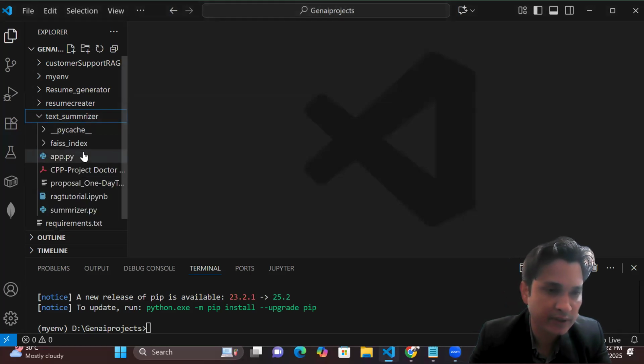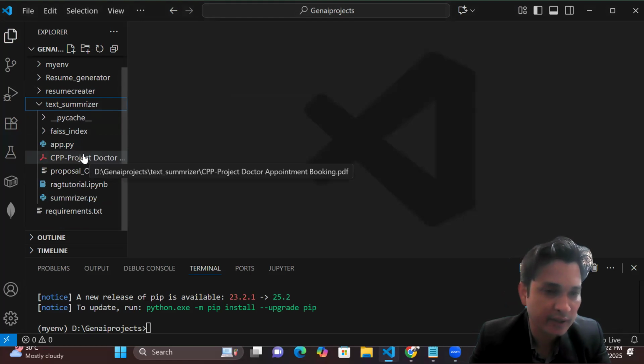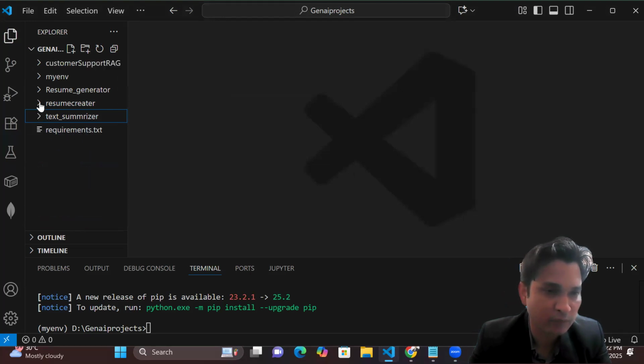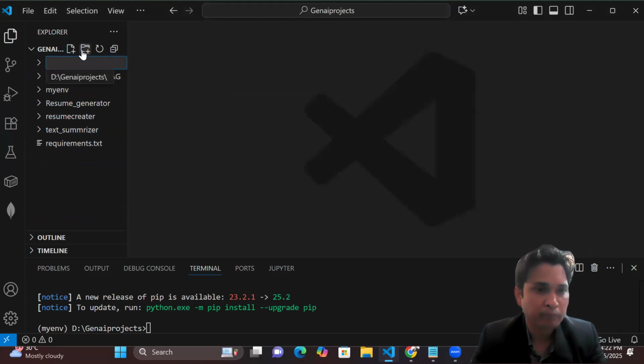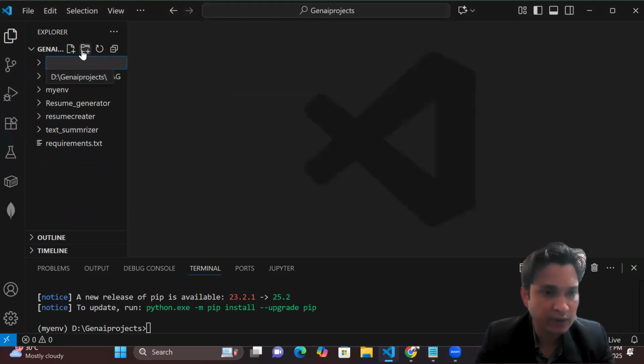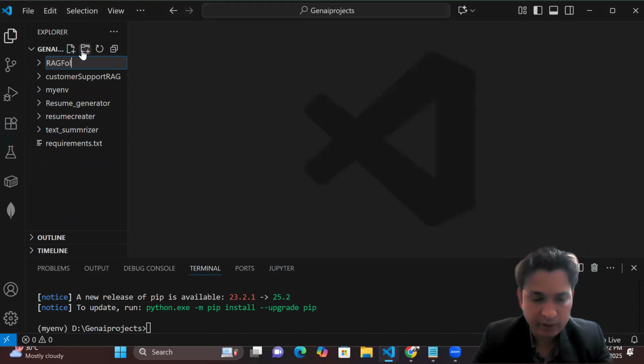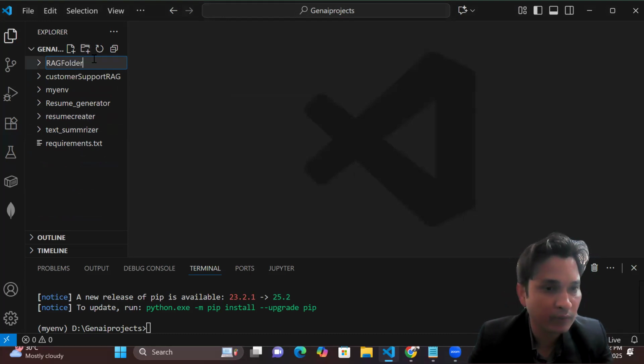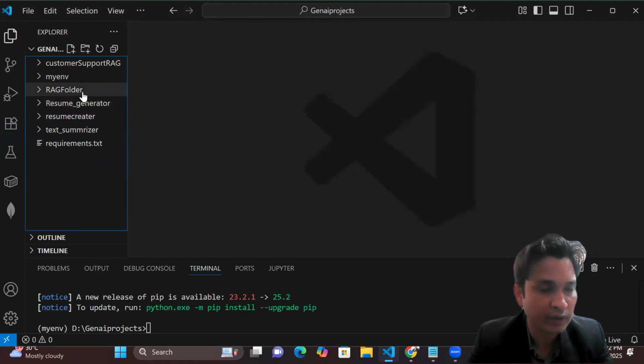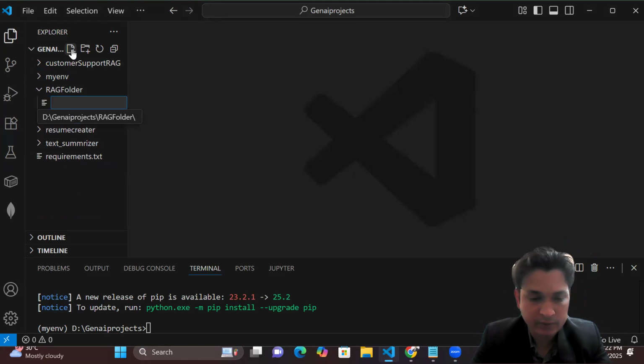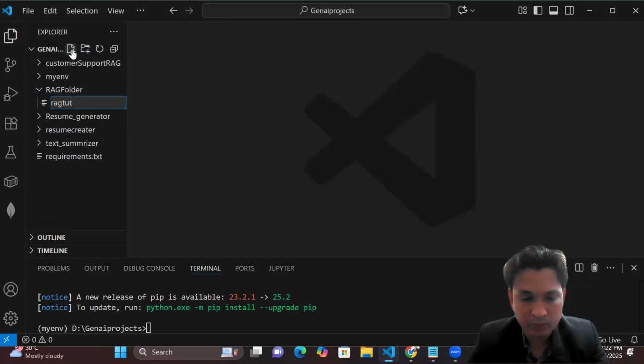Inside the text summarizer, because I have this already, I have created it. So what I'll do exactly here, so that you can understand it, I can create a separate folder also. So I'll just create a separate folder here, okay? And I will just mention the name RAG folder, just giving it some temporary name. Fine, inside the rag folder I'm going to create a file that is a rag tutorial,